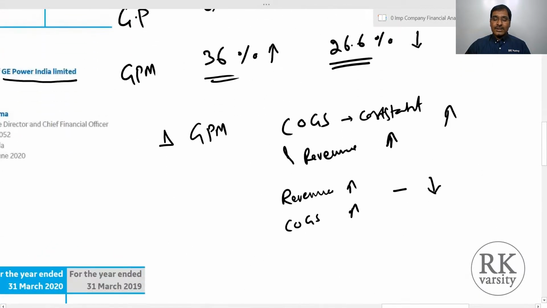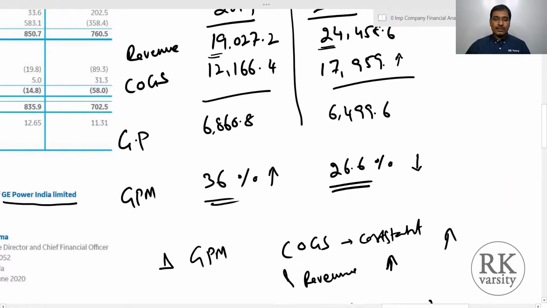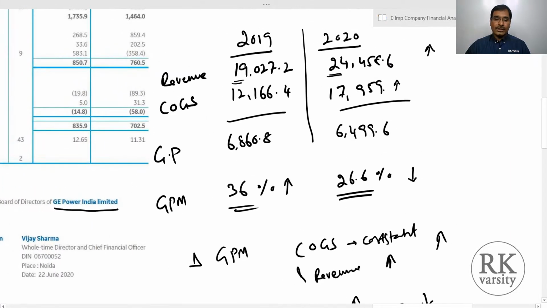Now, how are you going to use this gross profit margin to make a decision? Mostly the gross profit margin is used by the management internally, especially middle level or top level management, to pay attention to efficiency, especially production efficiency or manufacturing efficiency.